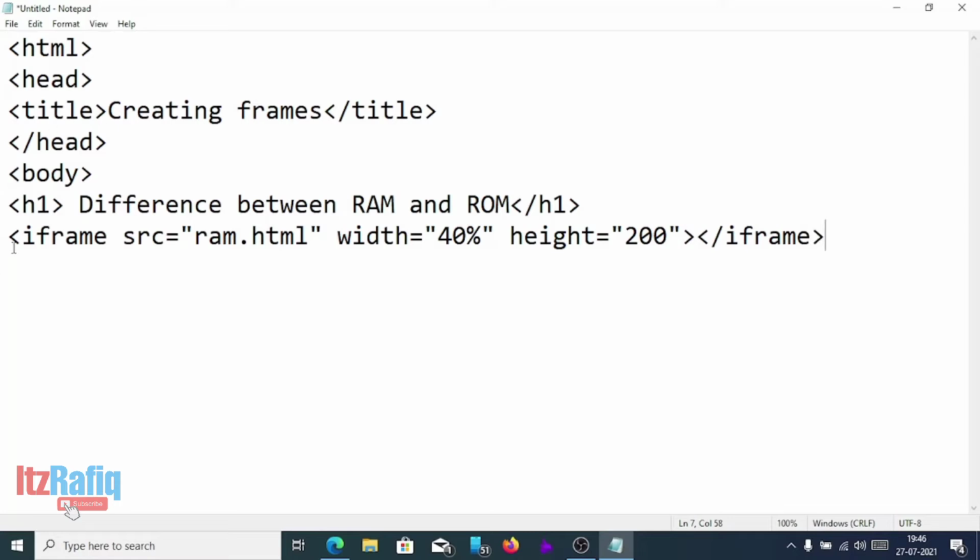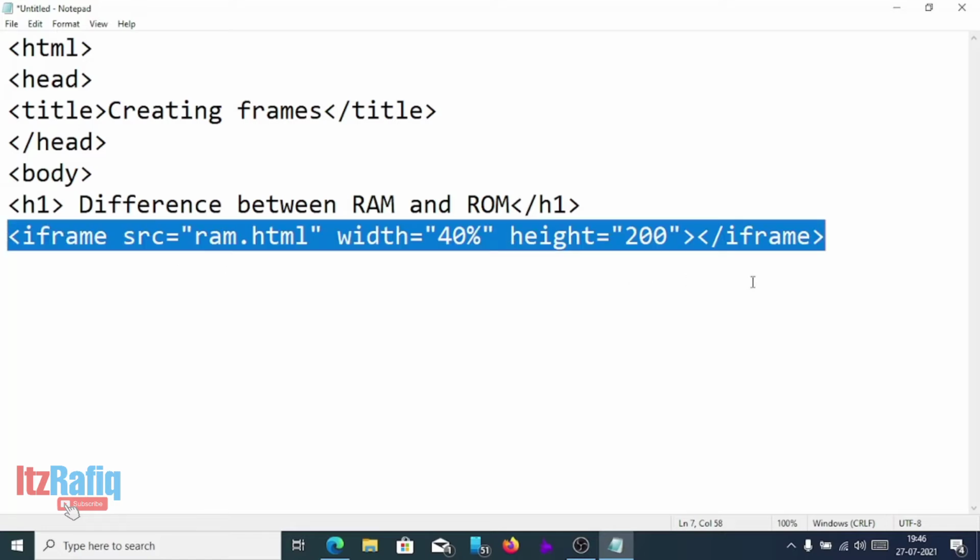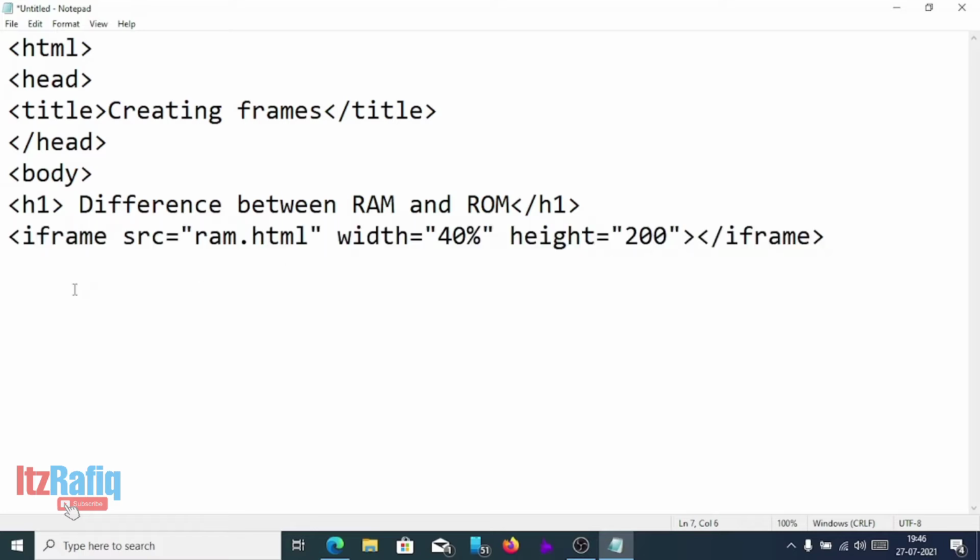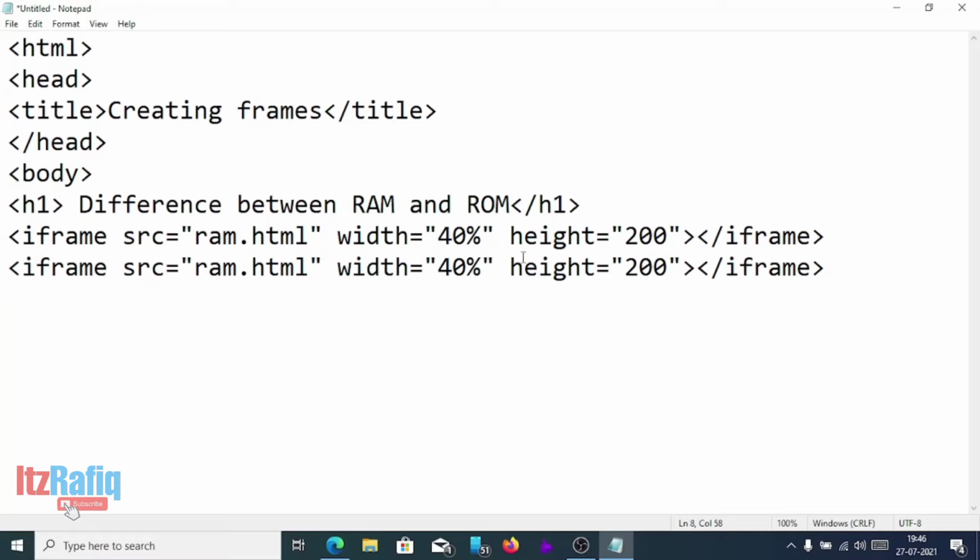Then I will have one more page, which will include the points about rom. So we can copy this line and paste it, because these two lines are exactly the same, only we have to change this part. In place of rem we will write rom.html. So we have created two frames inside the page, and after that we can write br.